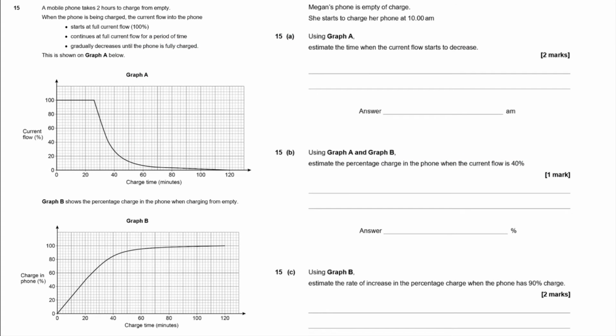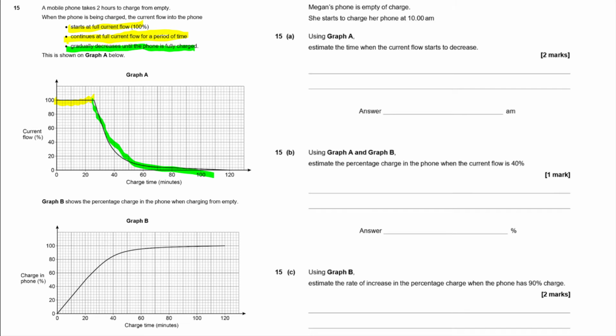Question 15. A mobile phone takes 2 hours to charge from empty. When the phone is being charged, the current flow into the phone starts at a full current flow of 100%, continues at full current flow for a period of time, and then it gradually decreases until the phone is fully charged. And we can see that going on here, can't we? So it starts on full current flow of 100% here, and then continues at a full current flow for a period of time, and then gradually decreases until the phone is fully charged. So this is the bit where it's gradually